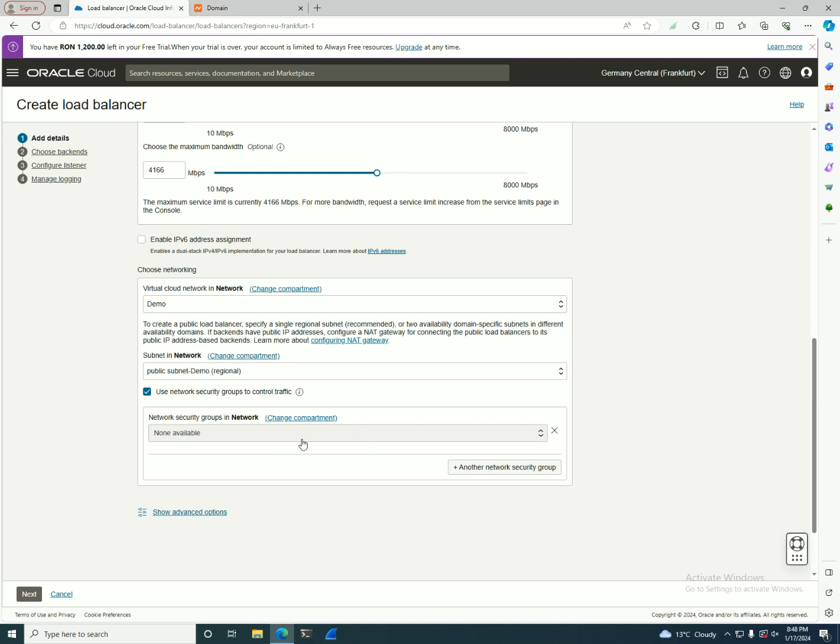So if we're going to use it for web applications and I want only port 443, I can create a network security group that is directly using port 443, and that's it. I will not have to go to the security list and add port 443 in there. And when I add these, all the machines that are publicly exposed in that subnet will be accessible